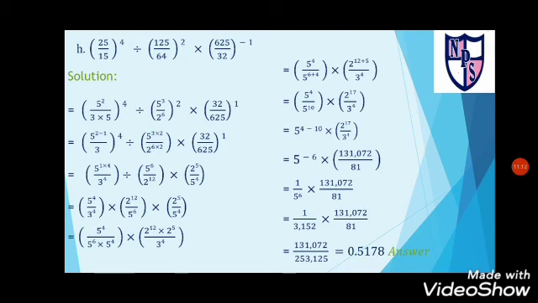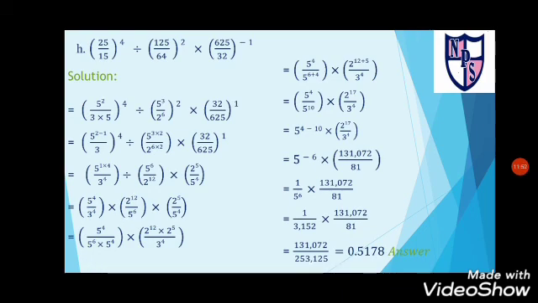In the next step, we do the reciprocal of 5 to make the power positive. So it will become 1 upon 5 power 6. And the second fraction will be written as it is. In the next step, what did we do? We solve the number 5 power 6, meaning we multiply 5 by itself 6 times. When we multiply 5 by itself 6 times, we get